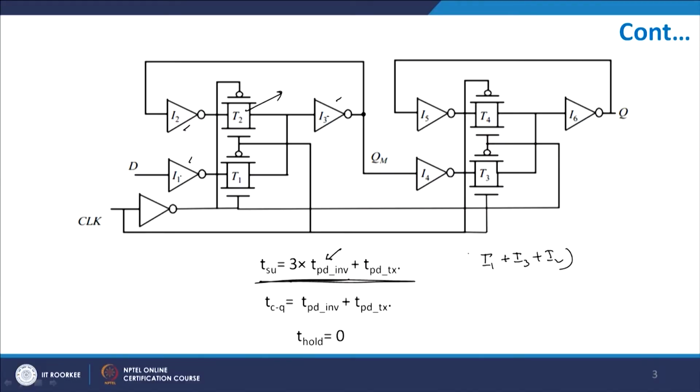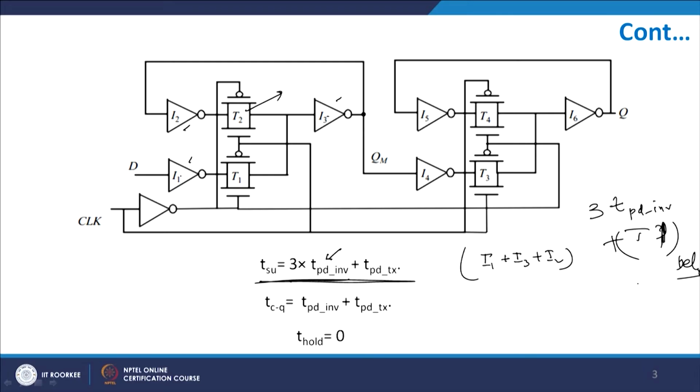So you will have I1 plus I3 plus I2 delay. If we assume that all of the delays are equal, it will be 3 times the delay of an individual cell, right. So, TPD inverter plus delay of T3. T3 will have a certain delay available to it. So, the delay of T1,